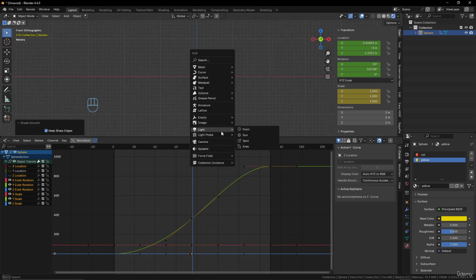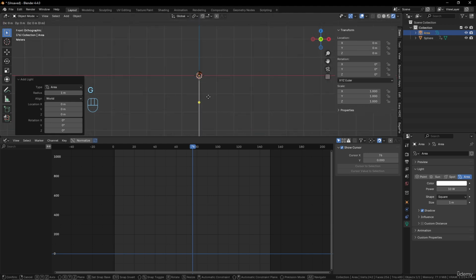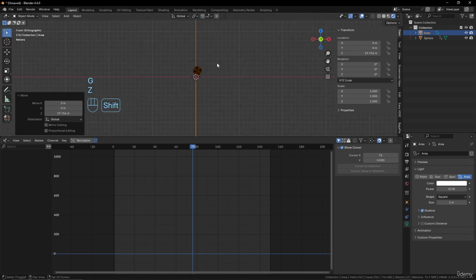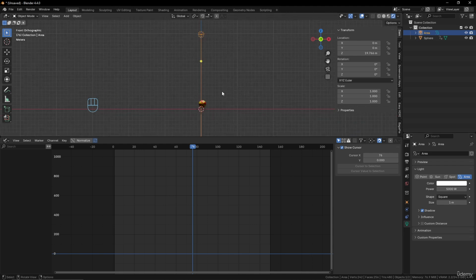And maybe this light will be kind of area over there, okay? With GZ, I put it above. Maybe a big power, like 500 maybe, or even 5000 for this one, okay. Good, so imagine you have a lamp. You can play with the power of this lamp as an animation. Let's say in the beginning in the animation,